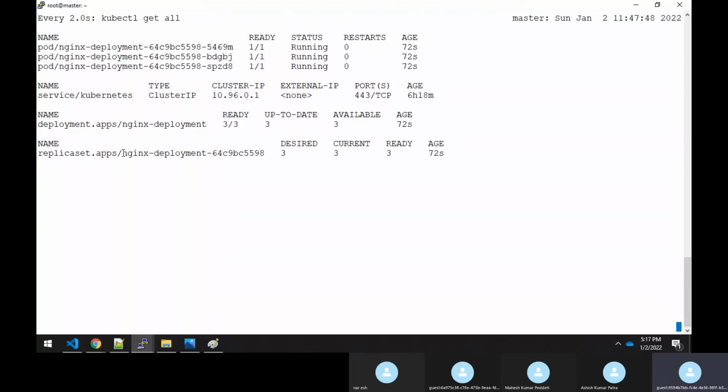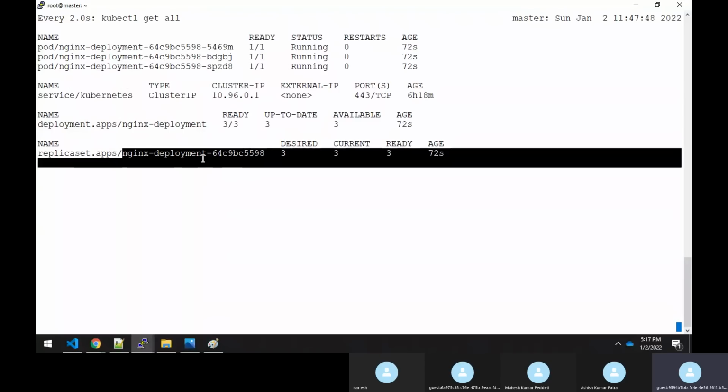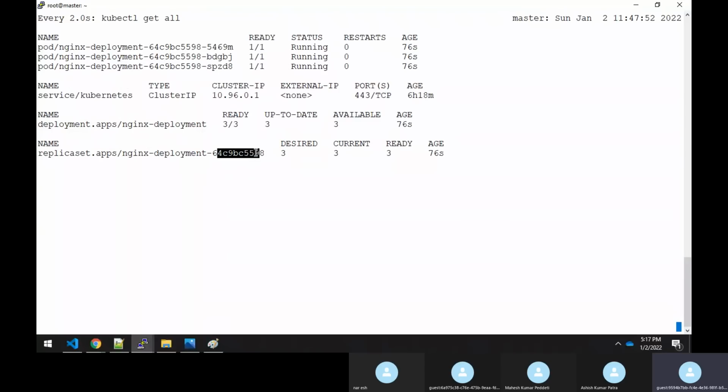This is a deployment type, and it has a value 643959998. Whenever it creates a pod, the pod has the same name, but the suffix changes just to differentiate between these 3 pods.